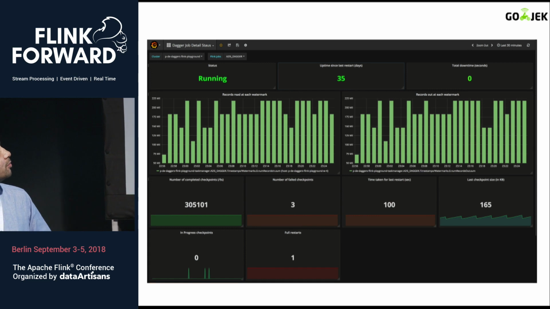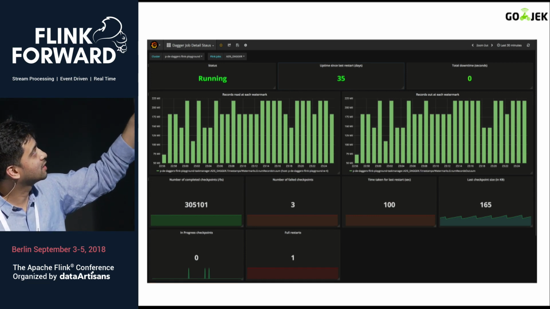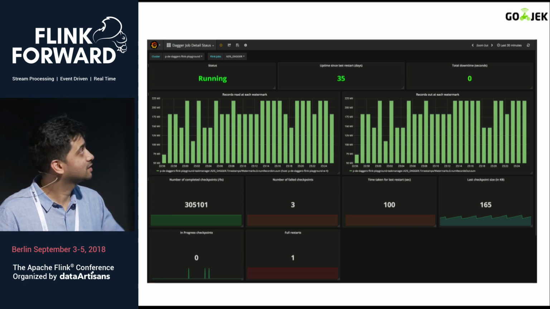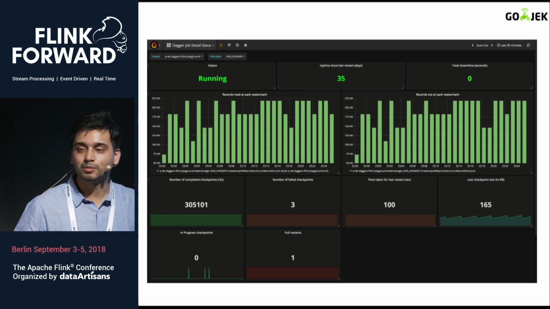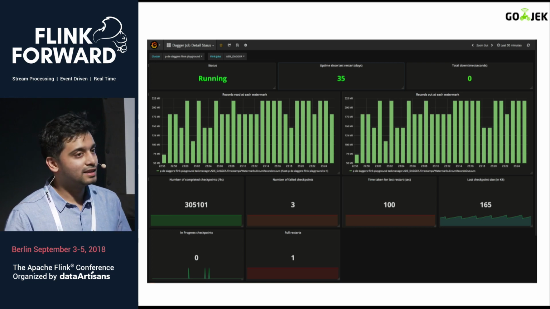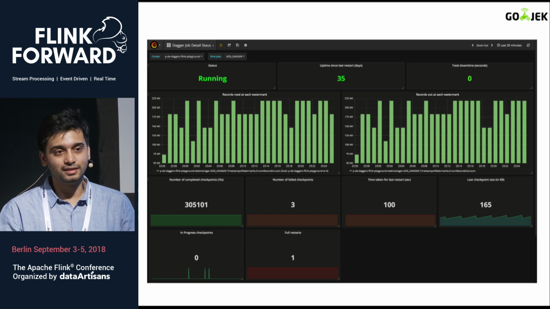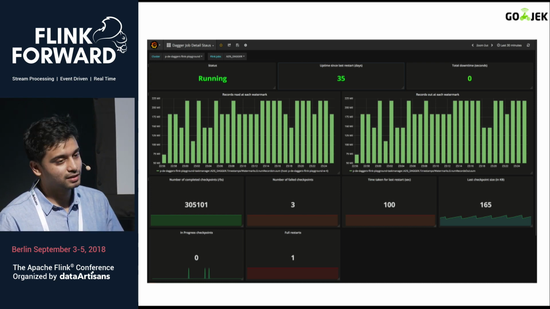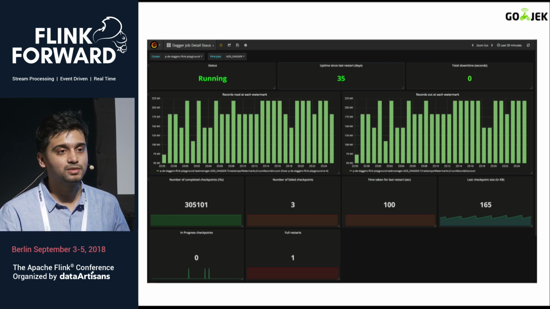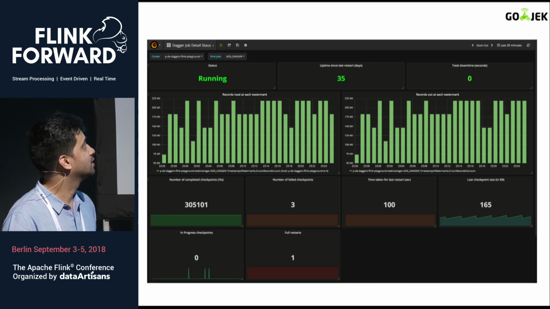So these are just some of the sample dashboards that we have. As you can see, they're templatized for a particular cluster and a particular job, and you get all these statistics. The advantage of using a templatized dashboard is that you just set up one dashboard, and that dashboard will give you an ability to provide dynamic links, wherein you can give the name of the templates in the query params, and it'll show you the stats for that particular combination.